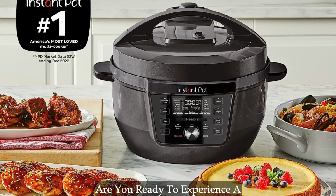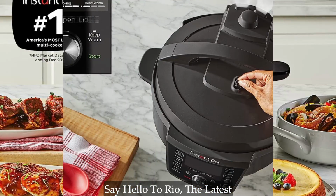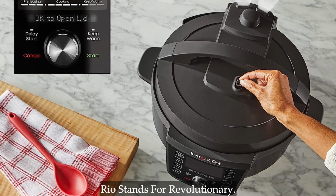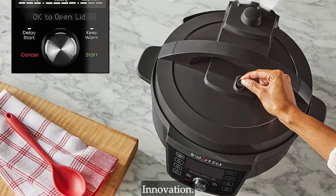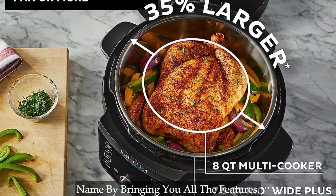Are you ready to experience a kitchen revolution like never before? Say hello to Rio, the latest addition to the Instant Pot family. Rio stands for revolutionary, innovation, one-pot wonder, and it lives up to its name by bringing you all the features,